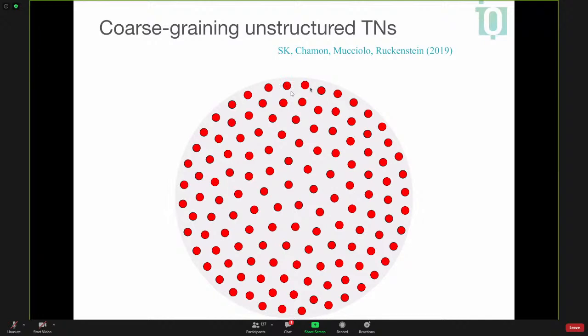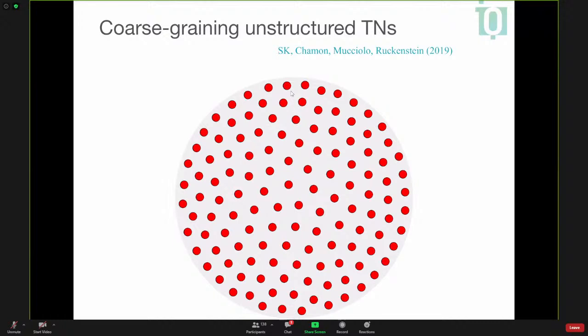You can imagine here that each dot here is a tensor, and the gray circle represents some density of edges everywhere. So everything is connected pretty much to arbitrary range. And because it would look messy, I just represented this as a gray blob. So how would I go about contracting a tensor network that looks like this? So you might naively start from somewhere and contract, say, these two tensors and then keep agglomerating here. But in fact, this turns out to be a very bad strategy. So we would like to keep the tensor sizes as small as possible.